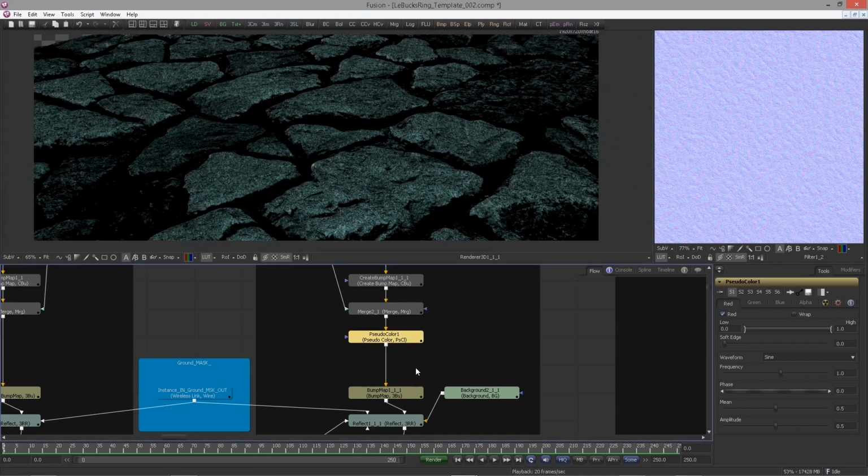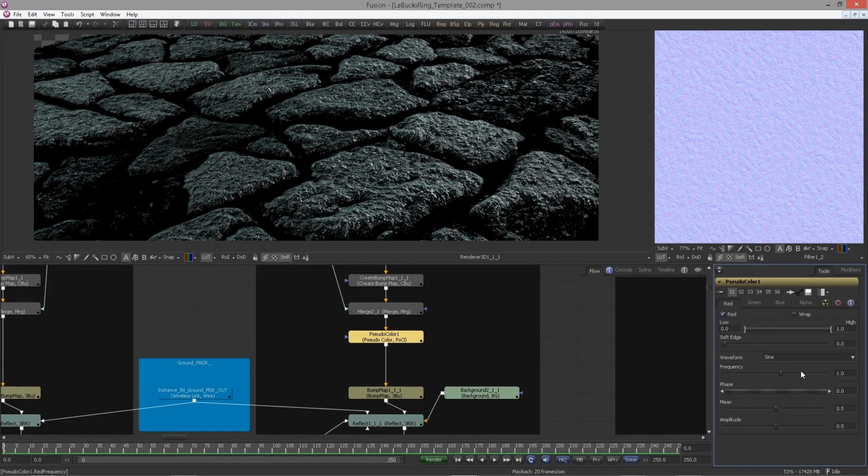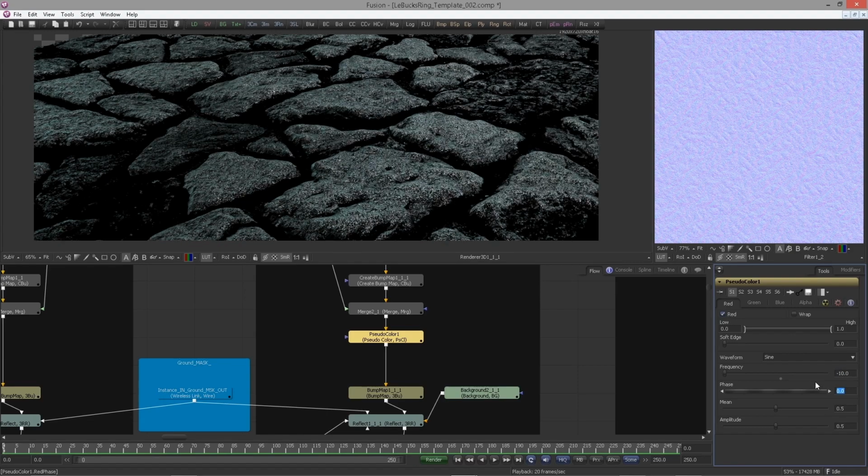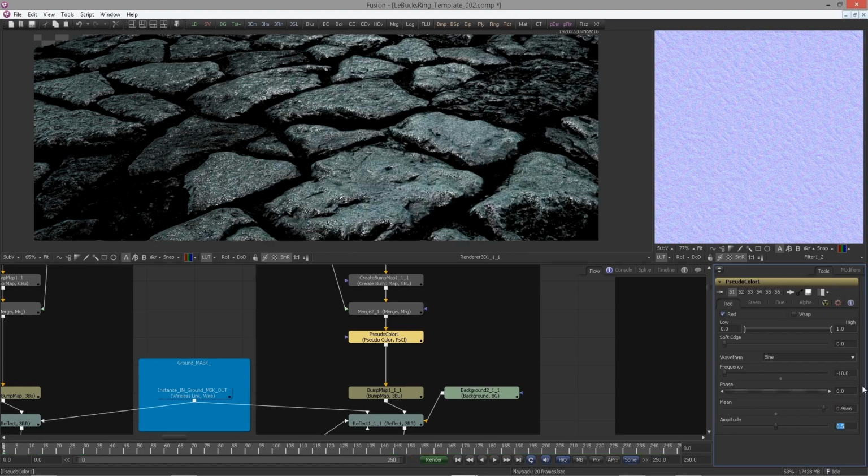What happened? Don't worry, let's tweak this. First thing, go to the blue channel here and uncheck it. Then go to the red channel and set the red frequency to -10. Set the mean value to 0.9666 and the amplitude to 0.9428. Check the rep